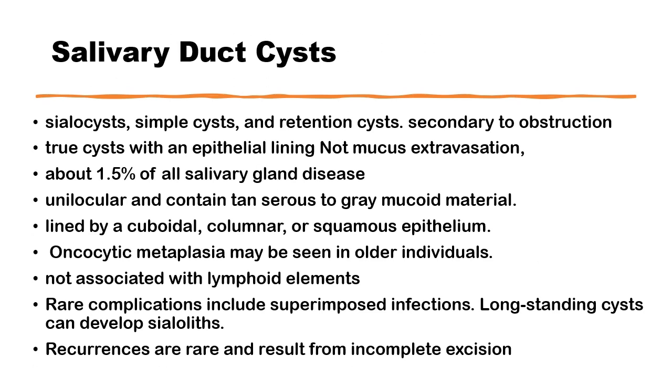We now move to another group of disorders affecting the duct system, including cysts, papillomas, and carcinomas arising from the duct cell wall. Starting with the duct cysts, these are simple cysts arising from mucosa lining the duct wall. They are true simple cysts, retention cysts due to the blockage of the mucus inside an epithelial lining, unilocular cysts. They are not mucus extravasation.